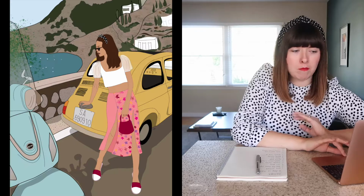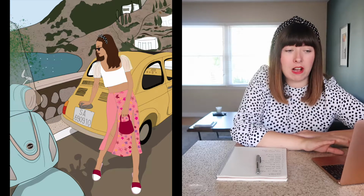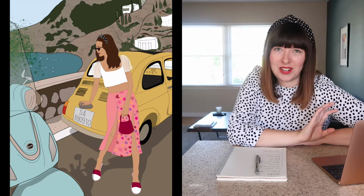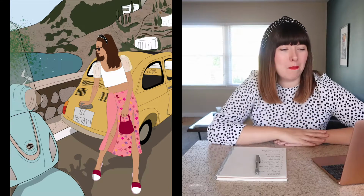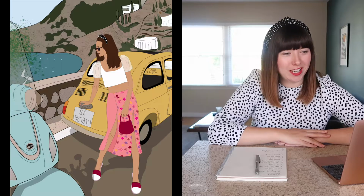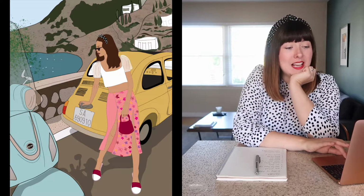But overall, I'm pleased with it. I mean, I love her, I love the cars. Like I said, I love the foreground. My new thing is creating shadows. In the past, I would just keep everything very flat, whereas now I actually really enjoy creating them, playing with the shadows. So yeah, so